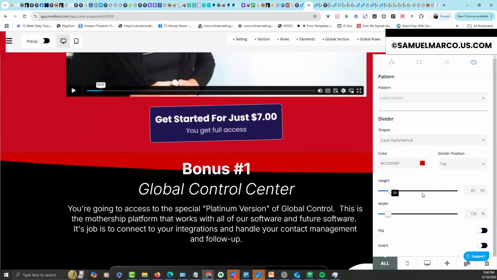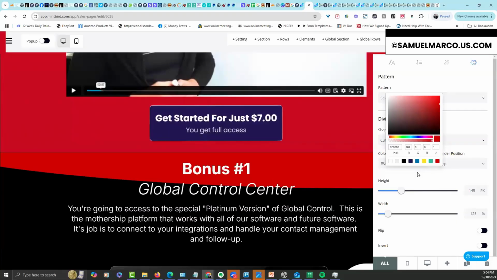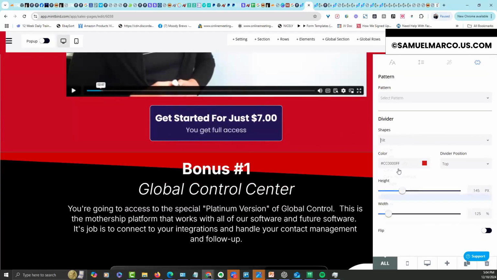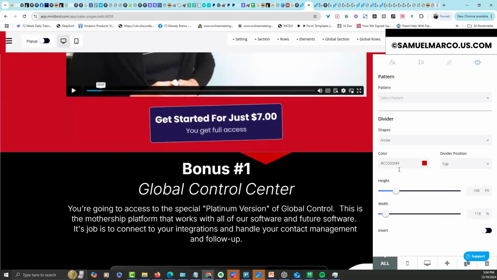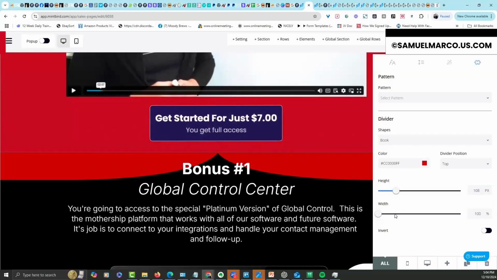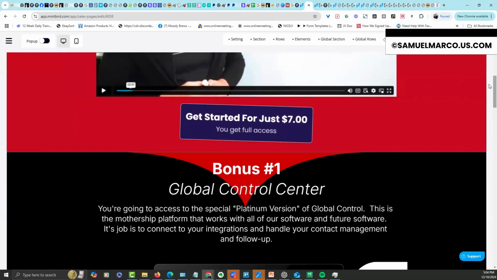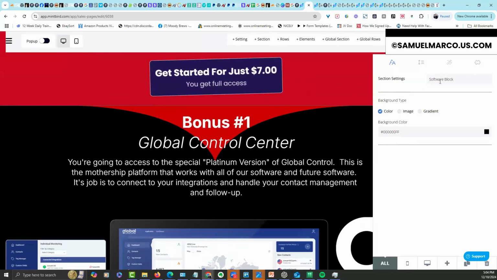Look at this. You can totally make this thing very unique and beautiful without you having to be a coder. You see this? Look at all this stuff. We made this stuff so easy to do without any custom coding, without anything, right? It's cake. It's never been easier to do these things. If I want to reverse this or whatever else, and if I want to, how many of you knew that this was here? You just got to be kind of careful on mobile, right? It gets very exaggerated on mobile. So we can do that, and then we can come over here and we can even set a pattern on